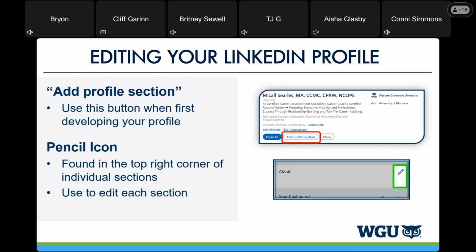Fostering economic mobility and professional success through relationship building and top-tier career advising. That's pretty cool. So there's a value statement that really punches up her profile, her section here, more than just her job title.